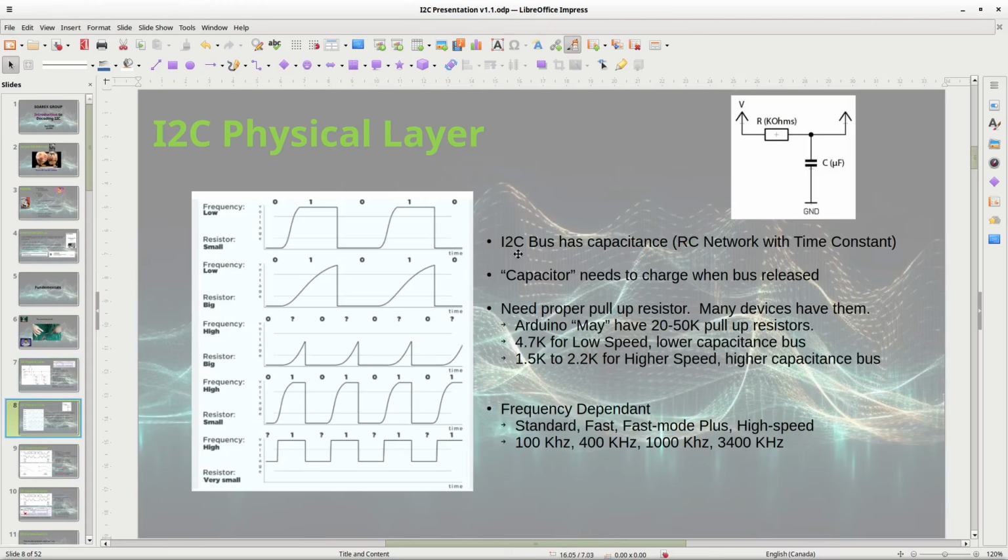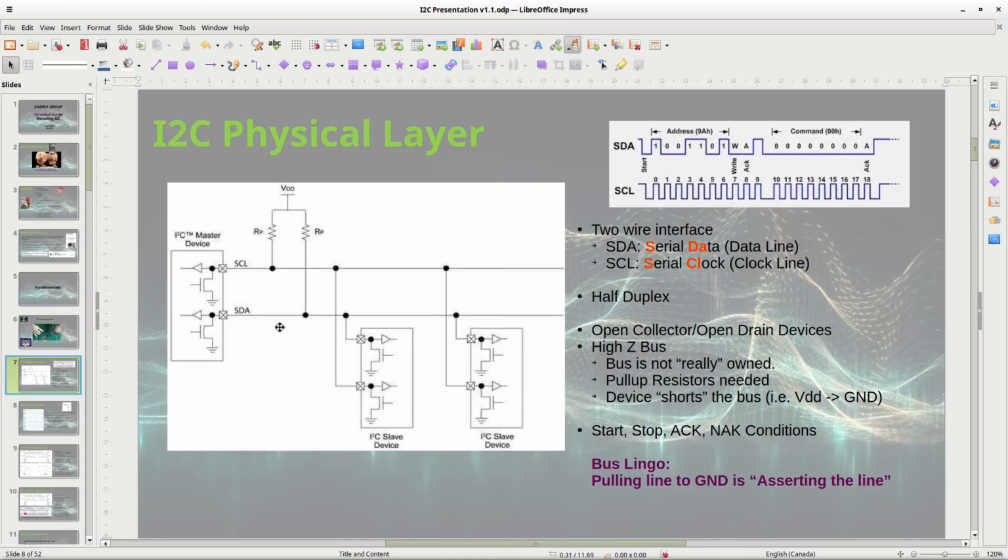If you look at the bus, it can be modeled as a resistor and a capacitor. The resistor is the pull-up resistor, and the capacitor is the bus capacitance. This pull-up resistor is the resistor, and the bus has inherent capacitance, as most buses do.